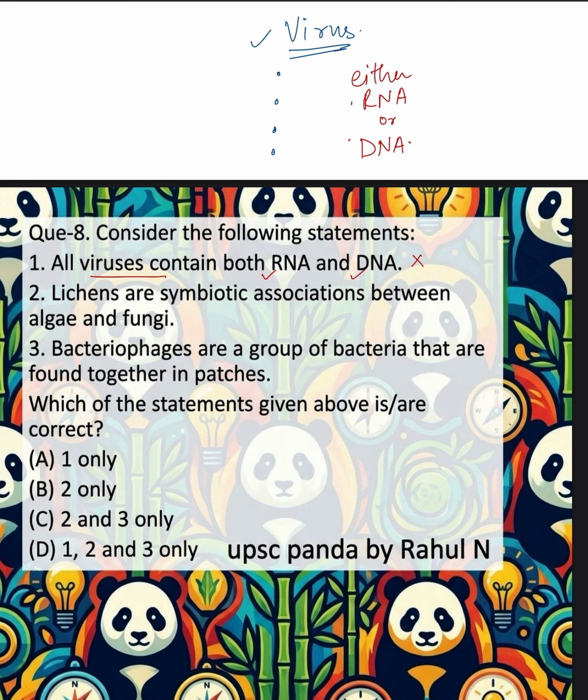Take the example of an RNA virus: COVID. COVID-19 was an RNA virus. For a DNA virus, you can take the example of smallpox or herpes virus. This is herpes virus, not hepatitis. Herpes virus is a DNA virus. Then you read the next statement. So this is wrong. Either DNA or RNA एक ही चीज मिलेगा. Both will not coexist.